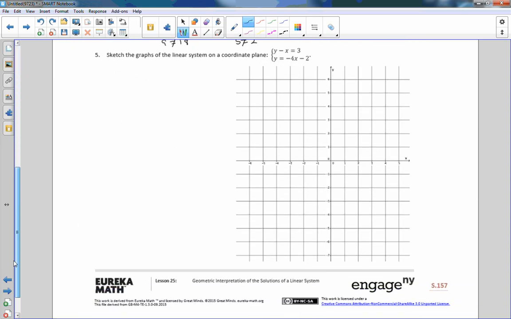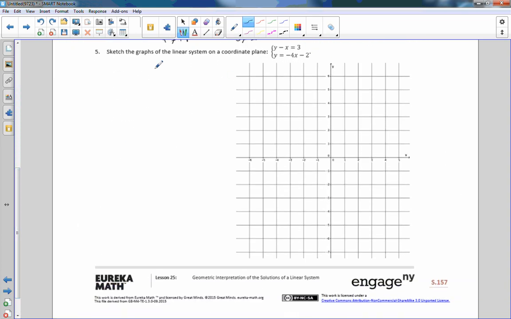Okay. Number 5. These are both slope-intercept form. So I'm going to do y equals negative x. Oh, no, it's not. I take that back. The first one is standard form reversed. That would be the same as negative x plus y. So I'm going to do the standard form rule with that, which is